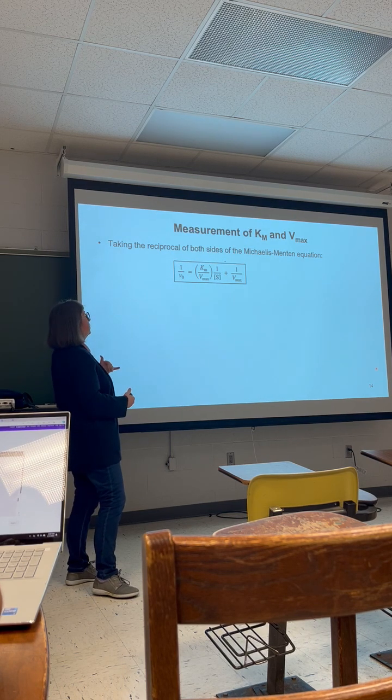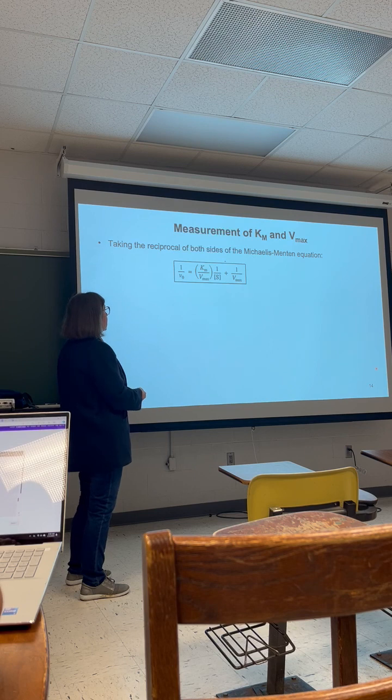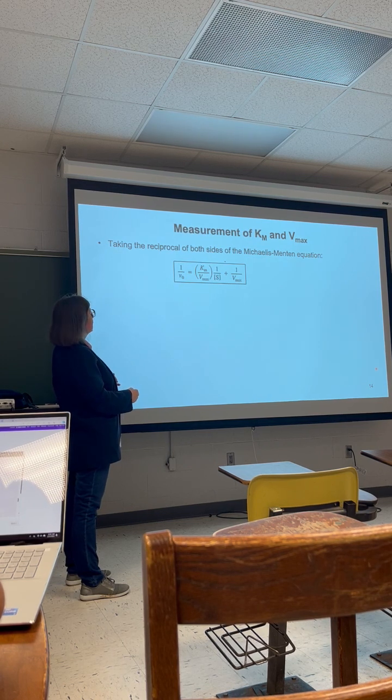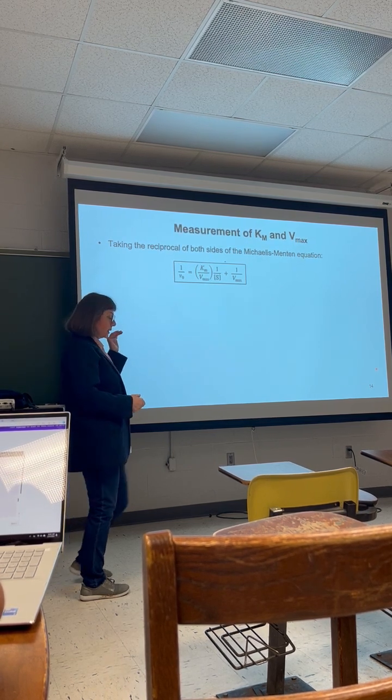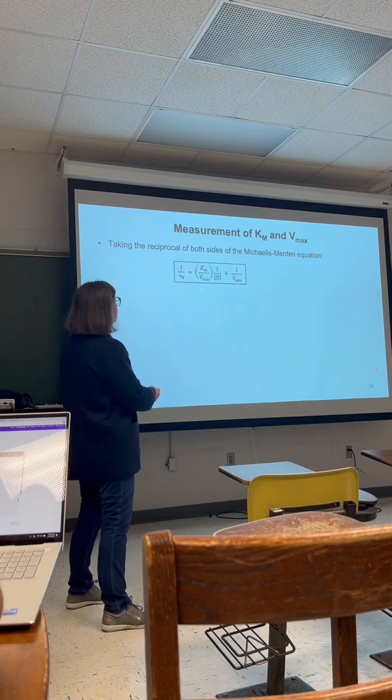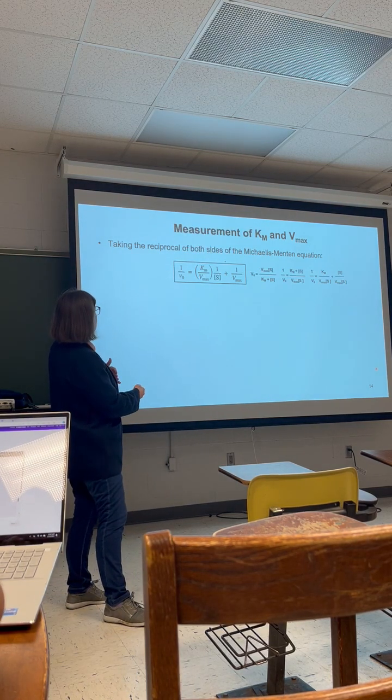So I am flipping the right side of the equation, and this is what you will get. I encourage you to do that simple flipping, and you should arrive at